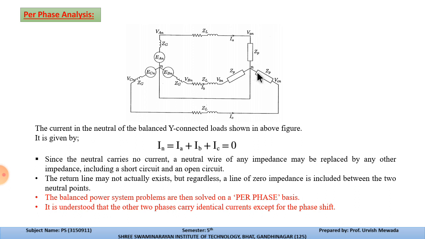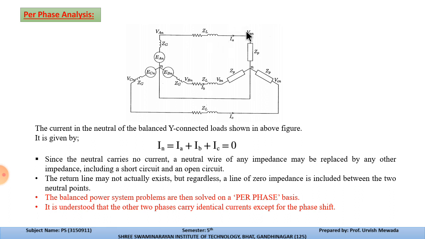Means all the branches have the same impedance, so that's why there is no current through the neutral. So this is the current in the neutral of the balanced star-connected load. This is the source and this is the load, both in star connection. You can see the first branch EAN, and the impedance of this branch is ZZ. All the branches have the same impedance, and this is the line impedance, so it is ZL for all